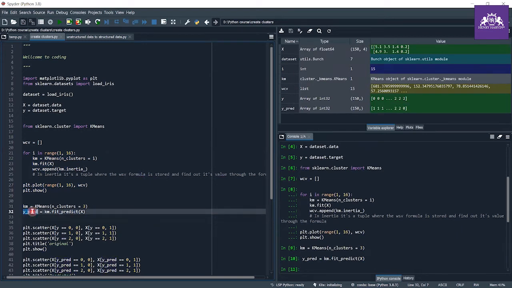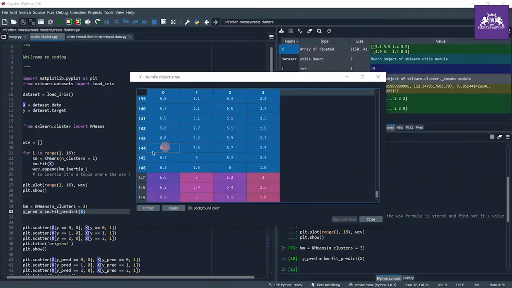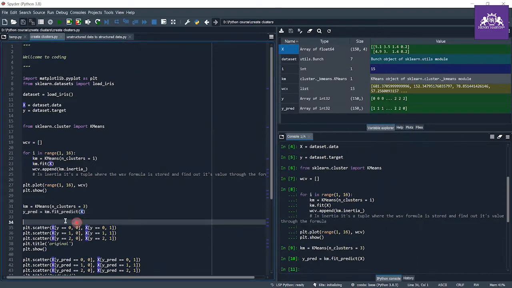So here I get the predictions. I just provide the iris data, and this feature matrix, this x, doesn't have any data regarding which iris species this flower belongs to. So in this x matrix, there is nothing about which iris species each flower is. So let's see how this algorithm predicts that.